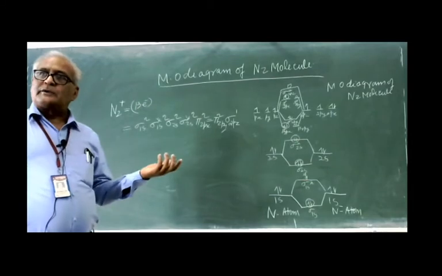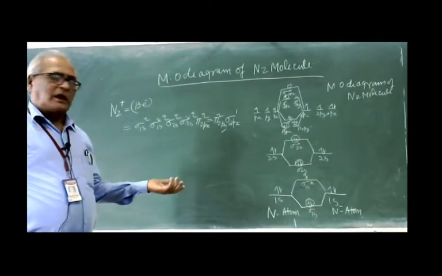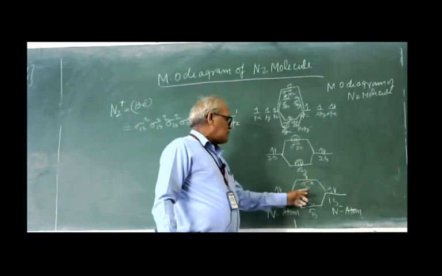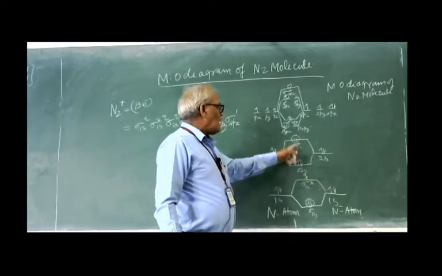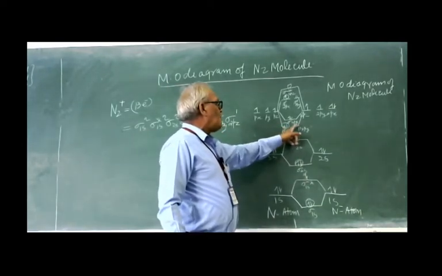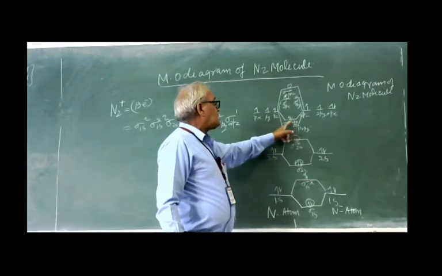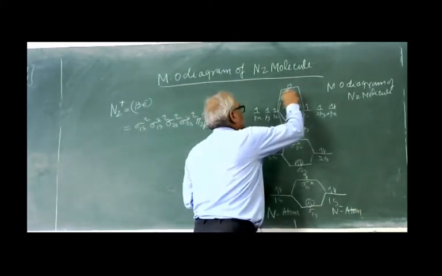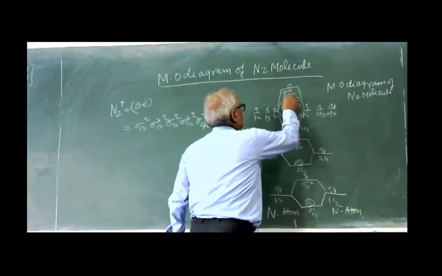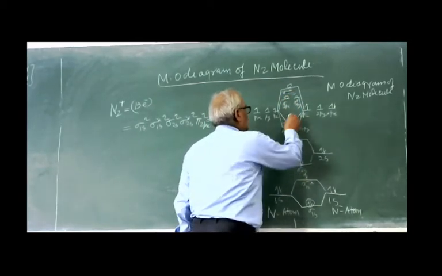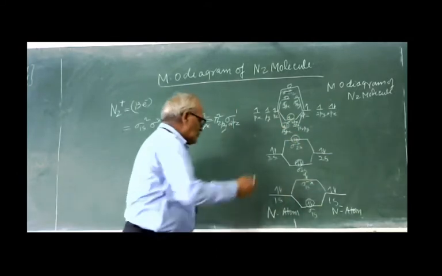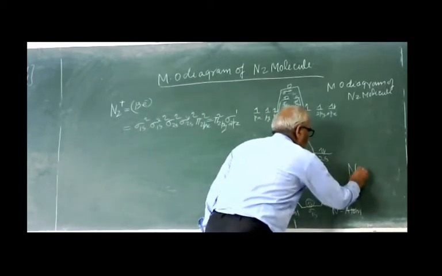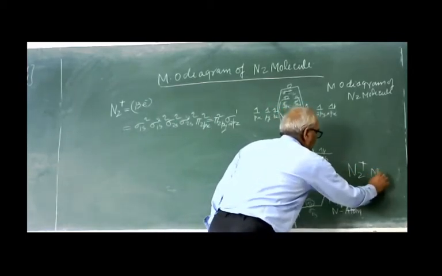Now what is the molecular orbital diagram? Easily you can say 2 electrons in sigma 1s, 2 electrons in sigma 1s star, bonding, anti-bonding, bonding, anti-bonding, and here this is the sigma 2pz. Now here we have 13 electrons, and we write 0 electrons in the last, as 1 electron has been removed, like this. So this is the MO diagram of the N2 plus molecule ion.